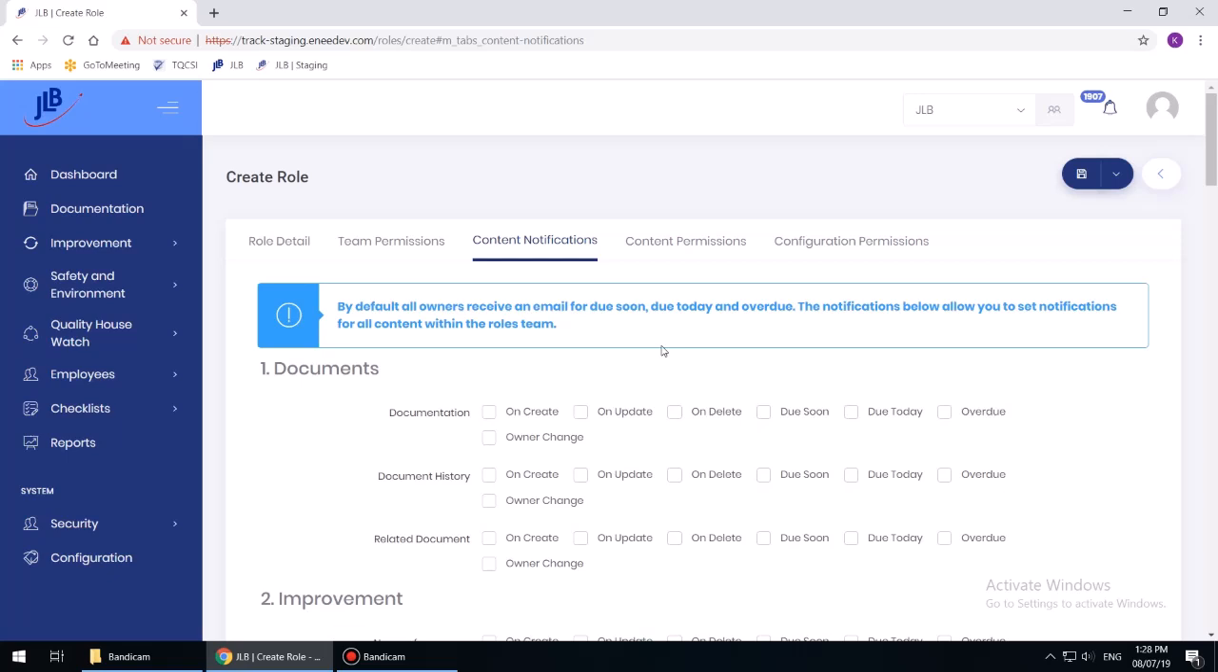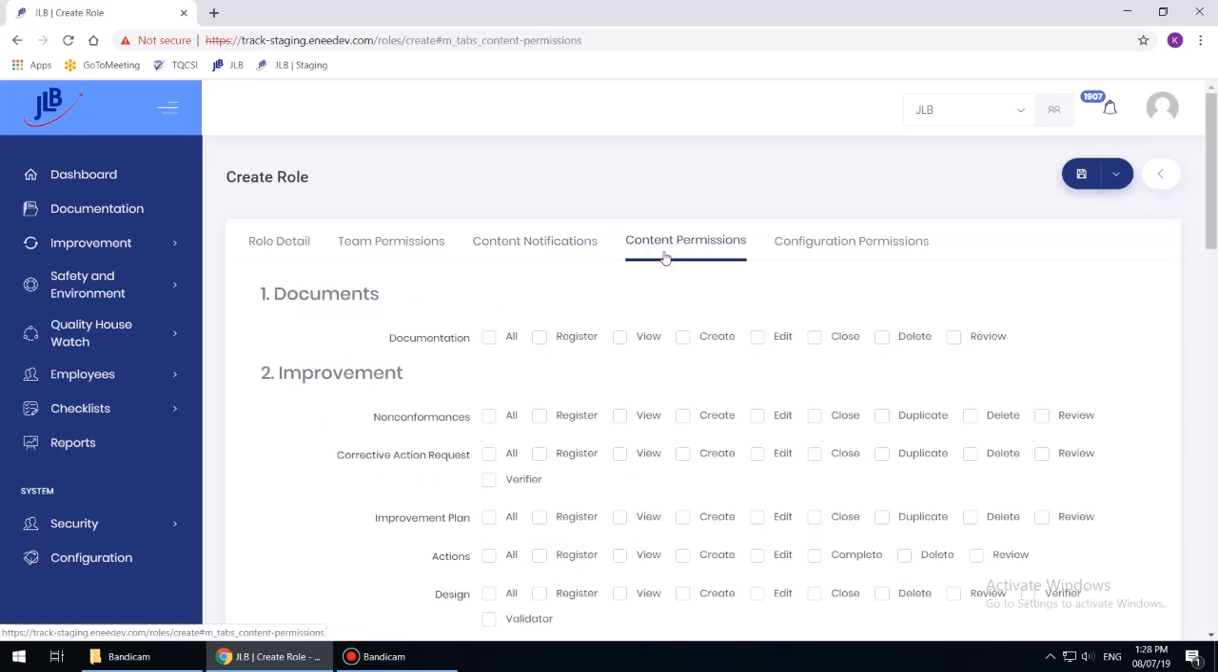Next, select the Content Permissions tab. All required permissions should be ticked. The tick boxes are all permissions enabled; Register, user can view the register; View, user can view documentation; Create, user can create new documentation; Edit, user can edit details about existing documentation; Close, user can close document entries; Delete, user can delete document entries; Review, user can review the audit log for any documents;